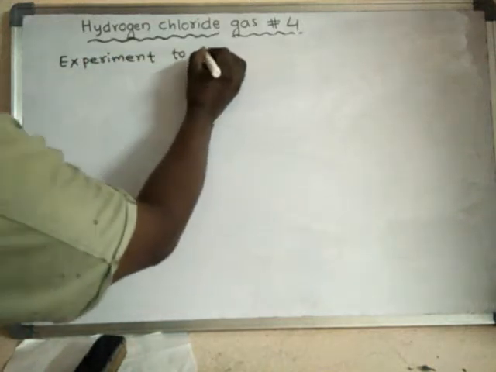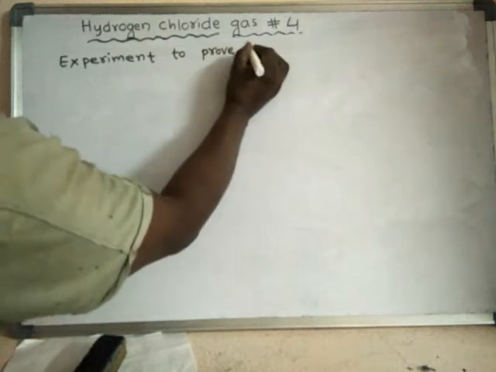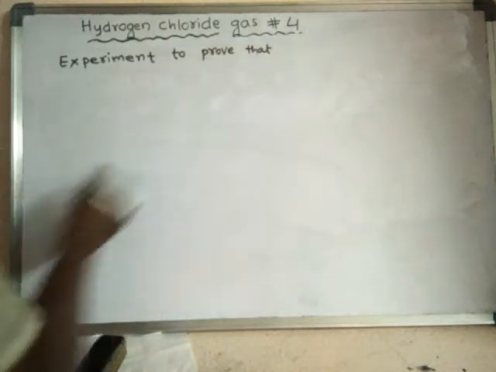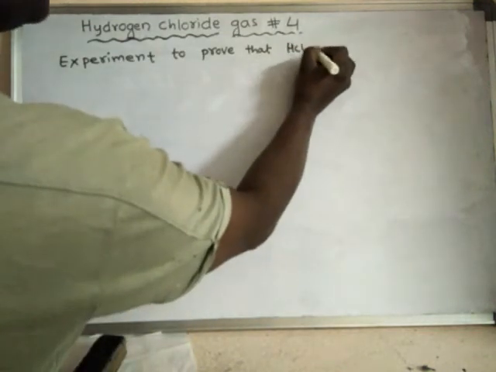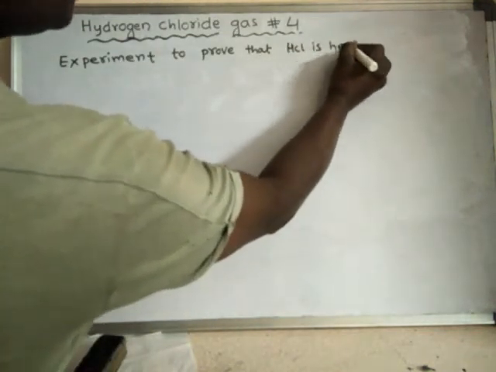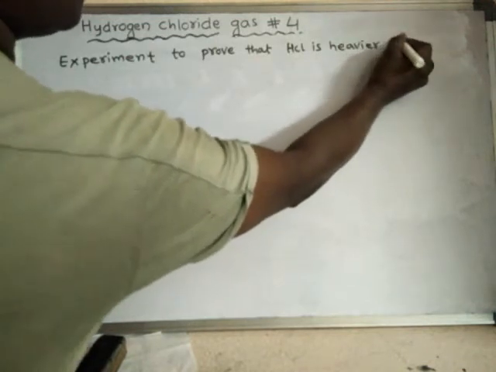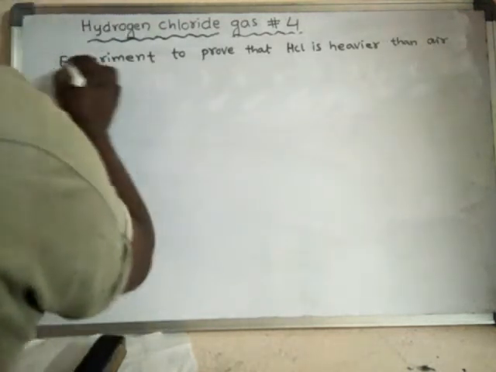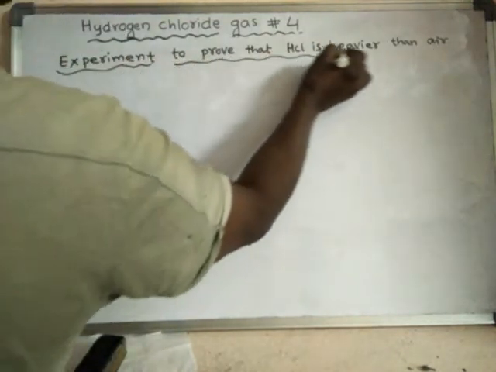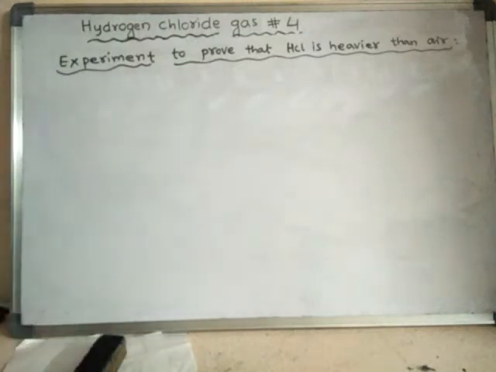Experiment to prove that HCl is heavier than air. HCl is heavier than air. Experimentally, we can prove this one. So in this experiment, I will